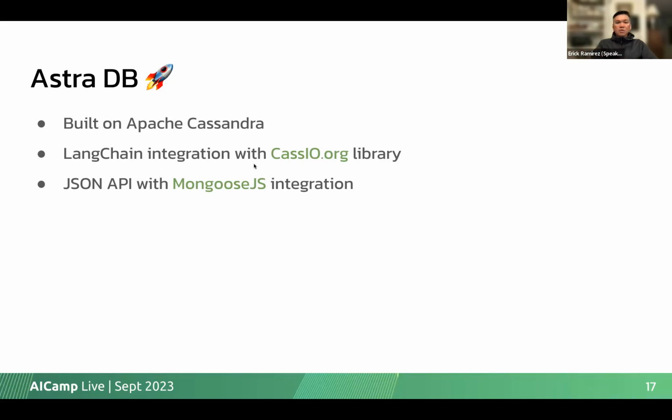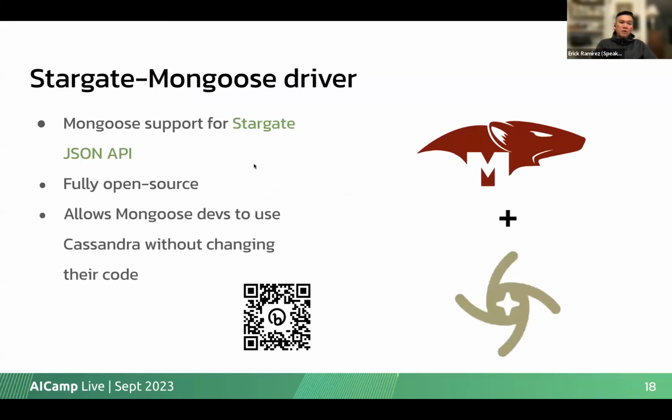And for those who are JavaScript developers, there's also a JSON API that has Mongoose JS integration, which means you can build your applications without having to worry about the database, because all of that is taken care of for you. In fact, there's a Stargate Mongoose driver just for those who are JavaScript developers.